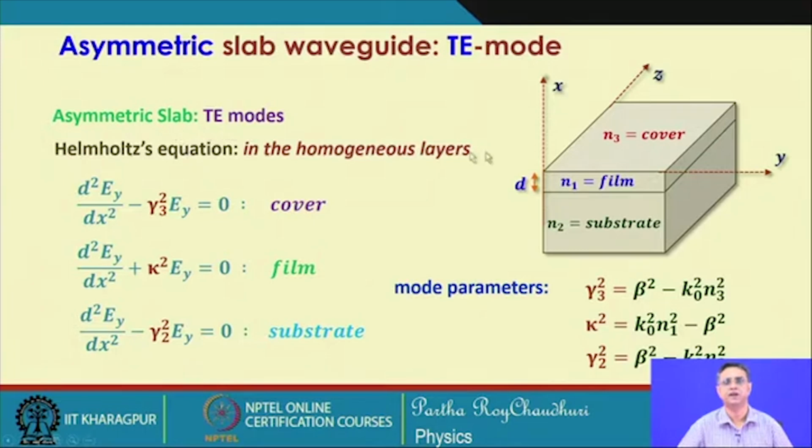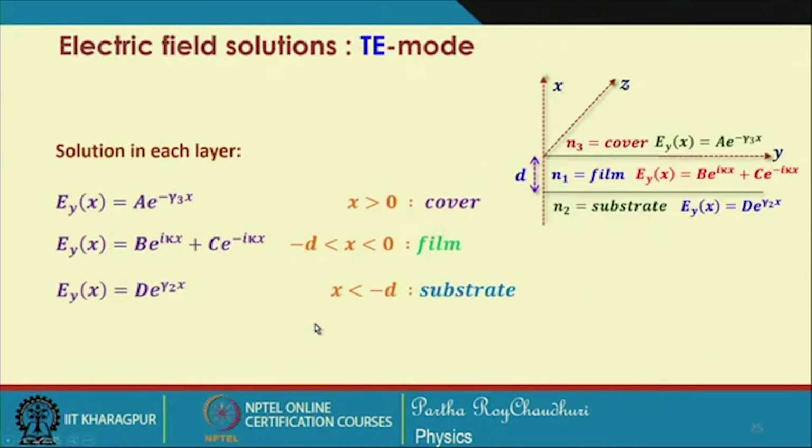Okay, for the asymmetric slab, we will first look at the TE modes, and for these we have seen the wave equations. In this case we define the mode parameters: gamma 3 squared as beta squared minus k0 squared n3 squared for the cover layer, and for the substrate, beta squared minus k0 squared n2 squared, which corresponds to gamma 2 squared, and kappa remains the same for the film. So, instead of 2 layers, now we have 3 different layers, all 3 of them different, and we have 3 equations for which we have to match the